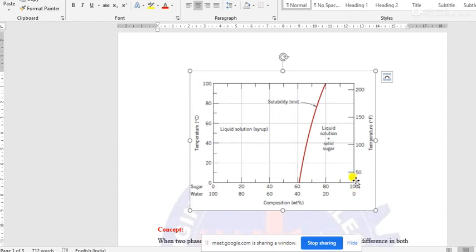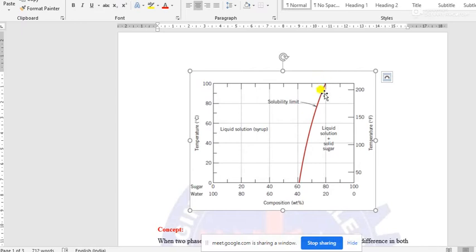But in the practical scenario, after 80% weight composition of sugar, that solution cannot take any further sugar component in the solution, and in that case 20% weight of water may be present, and this is the